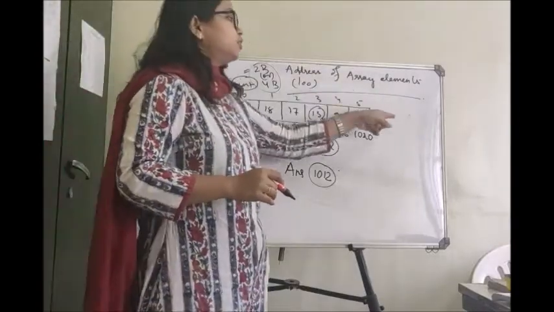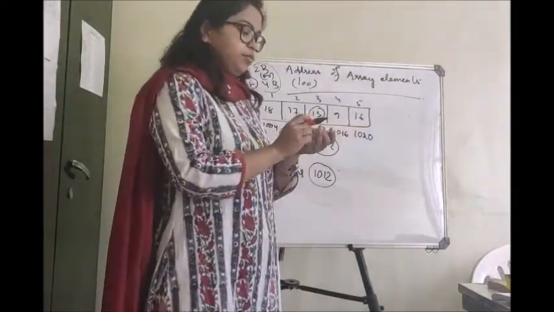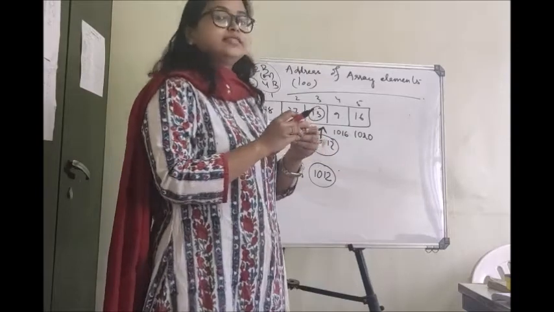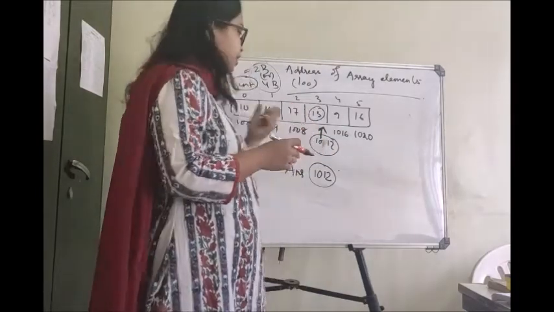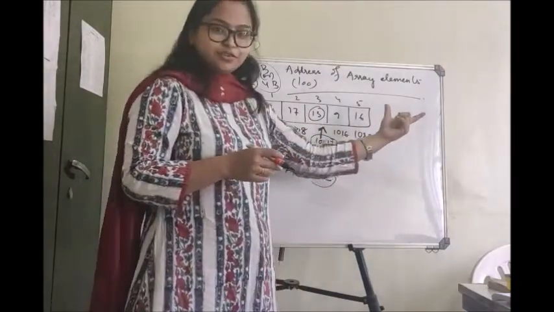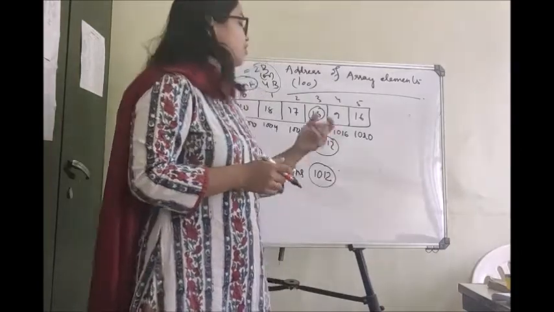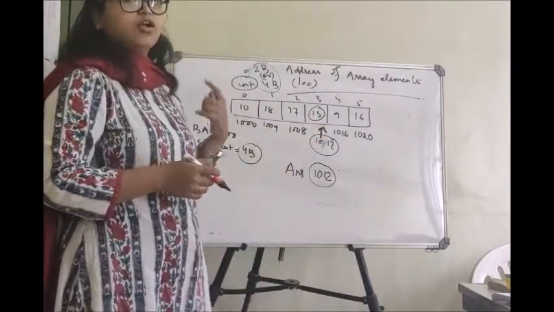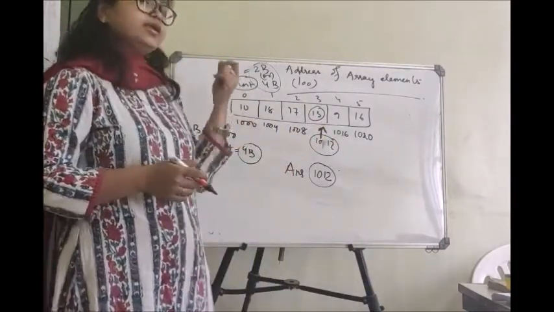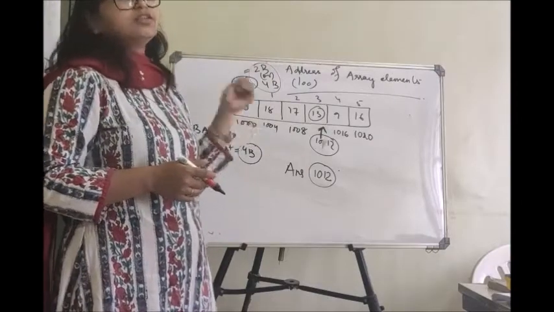Now if you want to calculate it through a formula, suppose the array size is 100 and you want to calculate the position of the 88th element. How can you do this? Can you continue this for that long? It's not feasible, right? For that we need a common formula through which we can calculate any given element location.